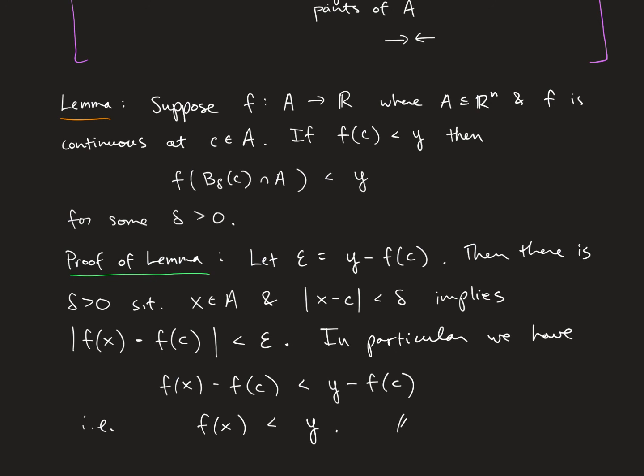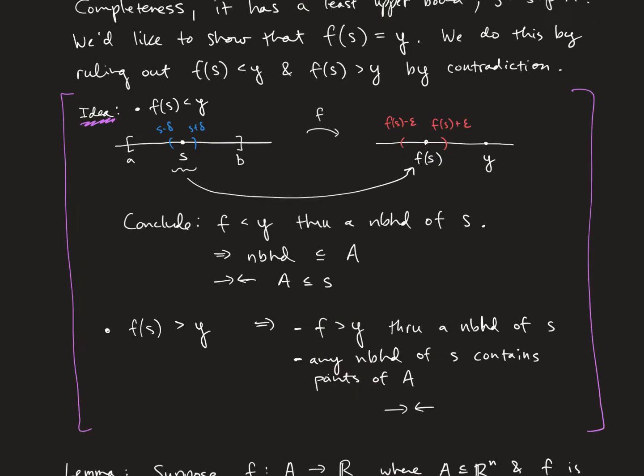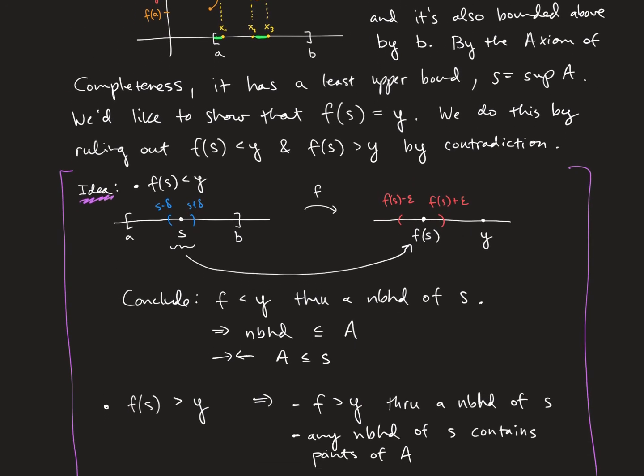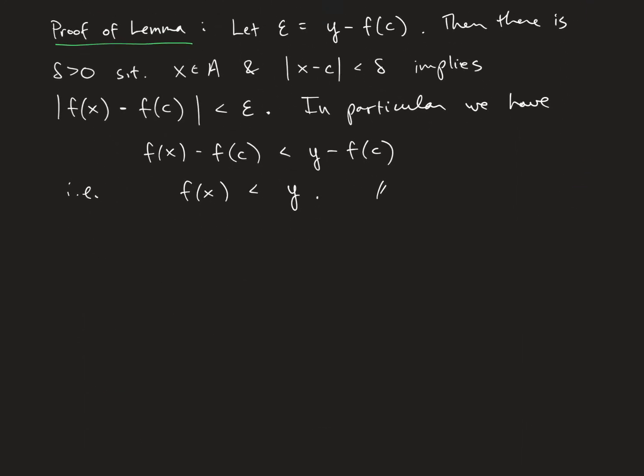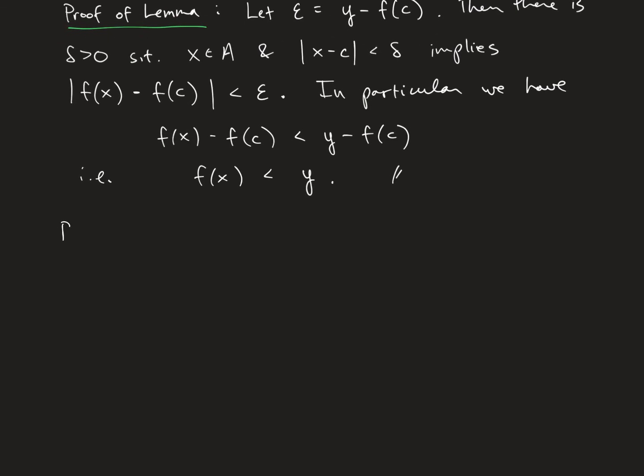Okay, so we have this nice lemma. We can maintain inequalities throughout a neighborhood when we have continuity at a point. Okay, so back to the proof. We're trying to rule out the value of the function on this supremum being less than y and greater than y. So returning to the proof of the theorem, or of IVT,